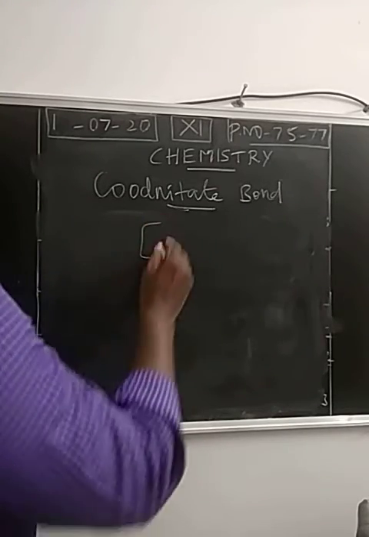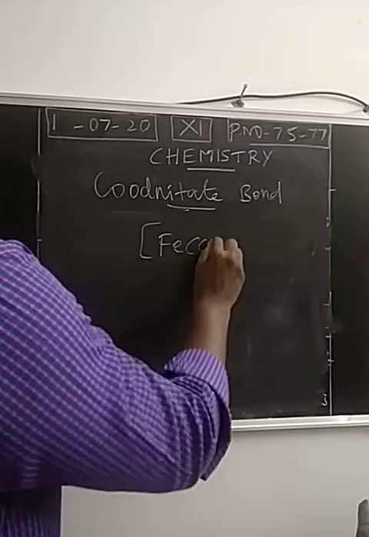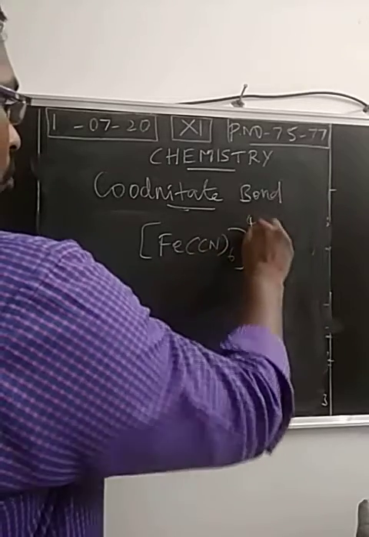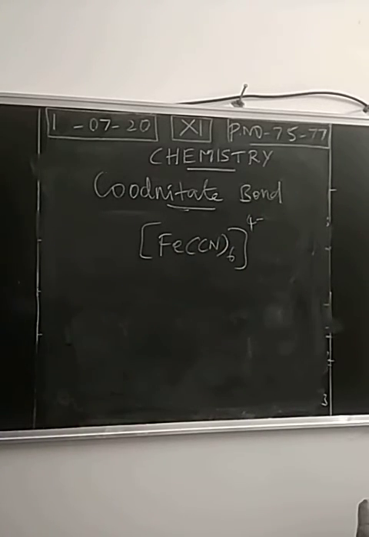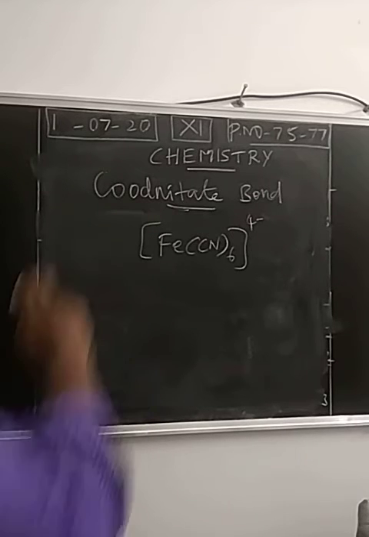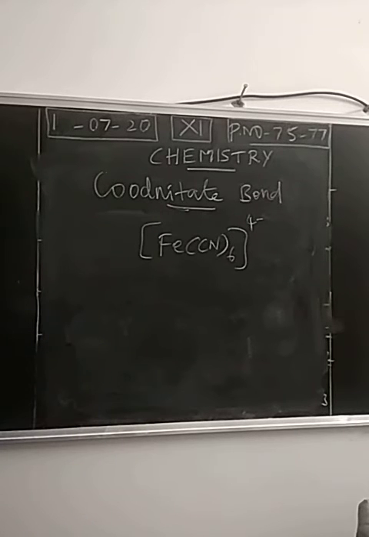Take the ferrocyanide ion, Fe(CN)6 4 minus. So this is an anion. In 12th standard we will discuss this one. This is a separate chapter, coordination chemistry. So the compound is somewhat different. This is not like an ordinary inorganic compound. The compound is called a coordination compound because of this bond. The bond is a different one, coordinate covalent bond. So this compound is called a coordination compound.